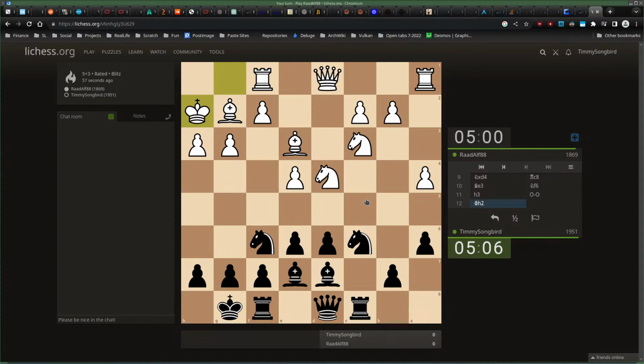It's depressing. It's a free square. Let's go there. Go here. Threatens the bishop.